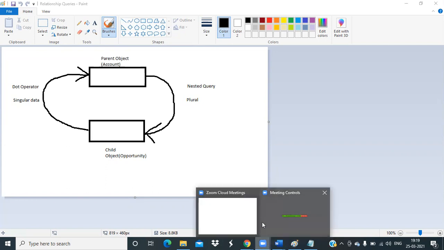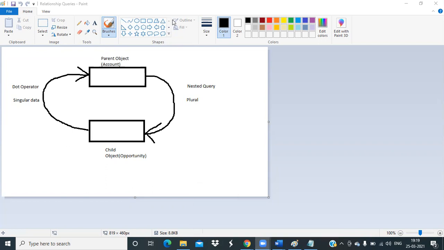I think someone, did you not practice this, Sokal? Yes, I was just going through the query builder. Okay. So practice this because it is very important to know SOQL, especially relationships, because everywhere you have to work on relationship queries.